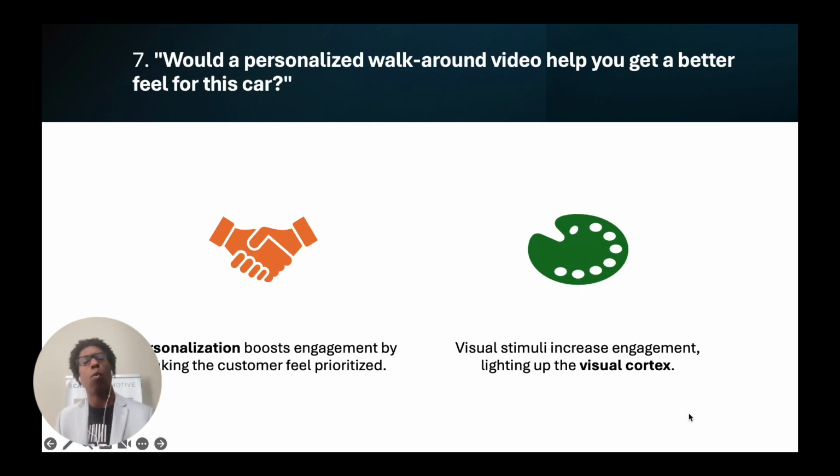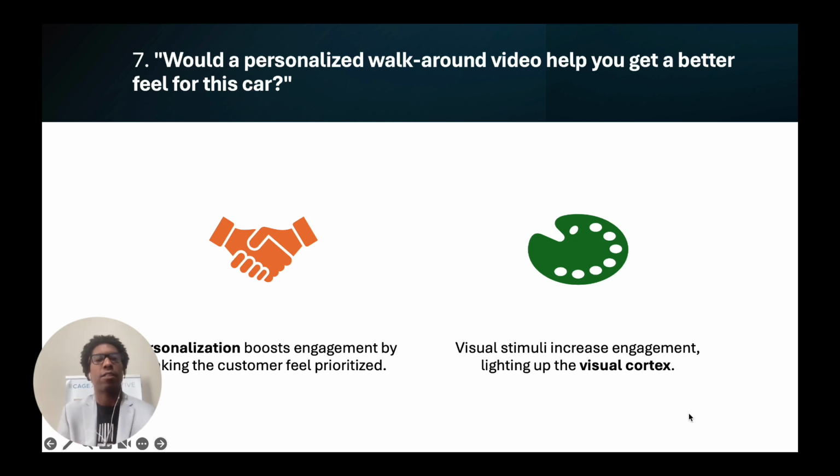Okay, number 7: would a personalized walk around video help you get a better feel of this car? I love this question. Before we even get into the science, the fact that you're offering to do a walk around video already puts you in a whole other category by yourself. But this offers personalization. The science behind this is that it boosts engagement